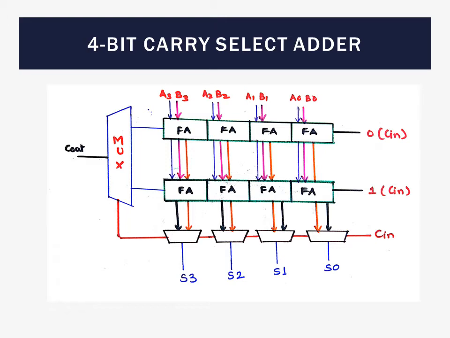And as long as carry out is considered, then in that case this same Cin is acting as a select signal for this 2:1 mux. Now if this Cin is equal to 0, then the carry out of the first adder would be considered here, and if Cin is equal to 1, then the carry out of this adder will be taken as a final carry output, and this final carry output would be treated as a carry in for the subsequent block.